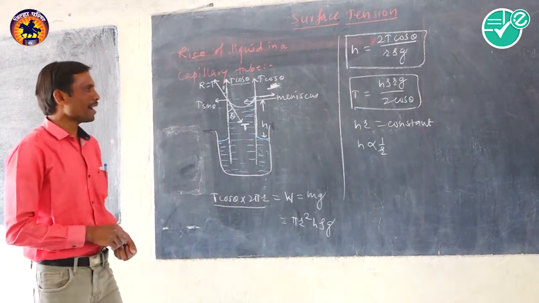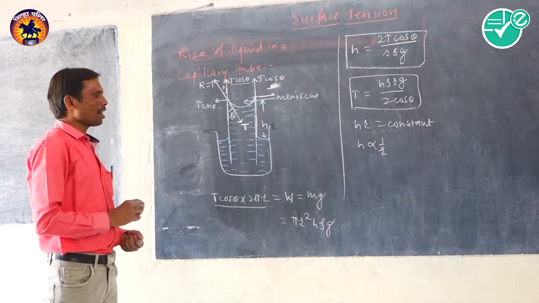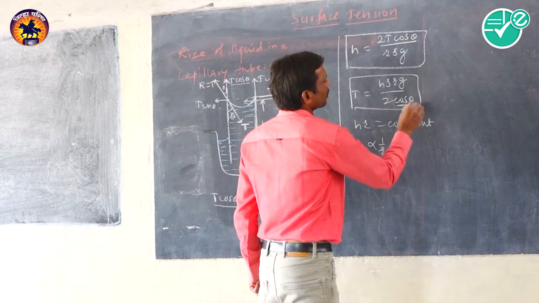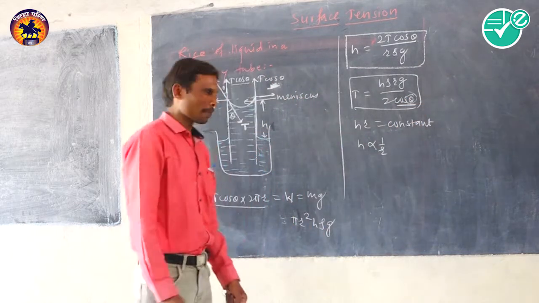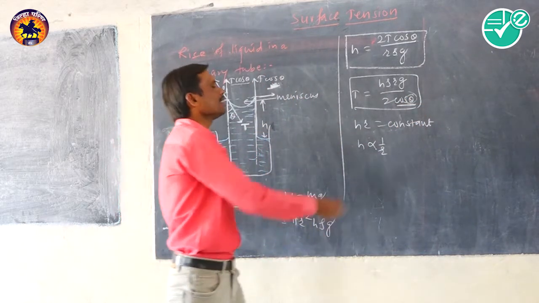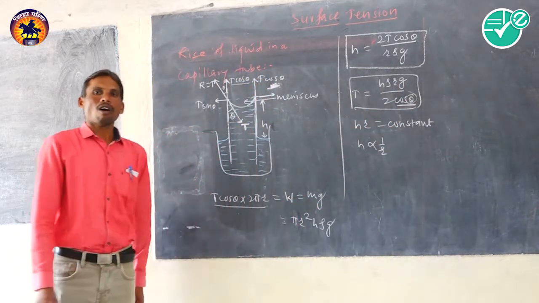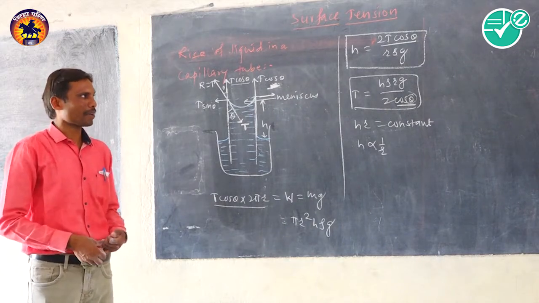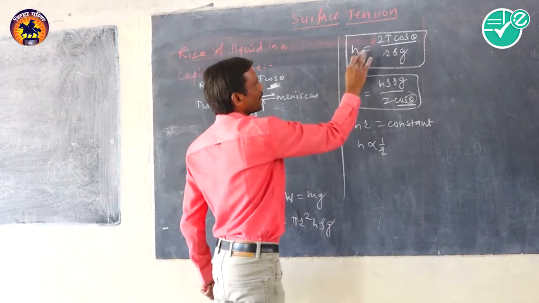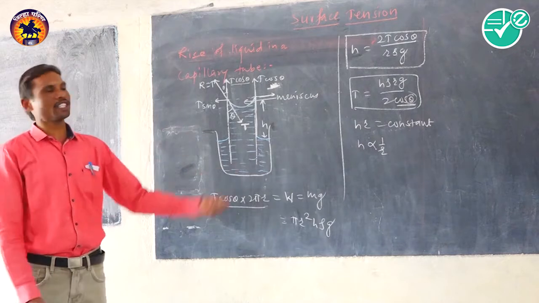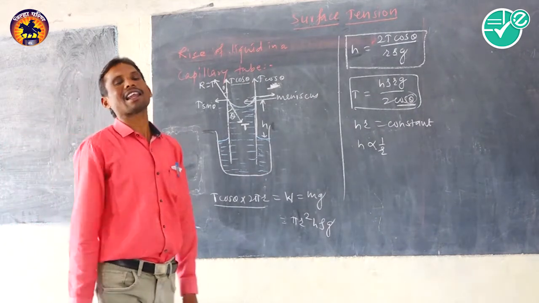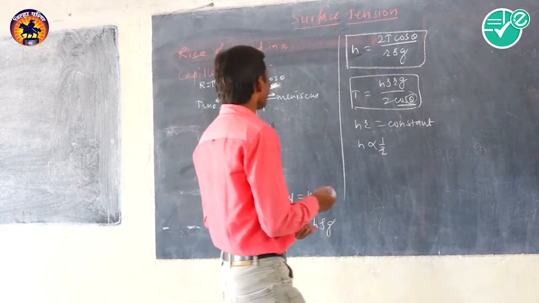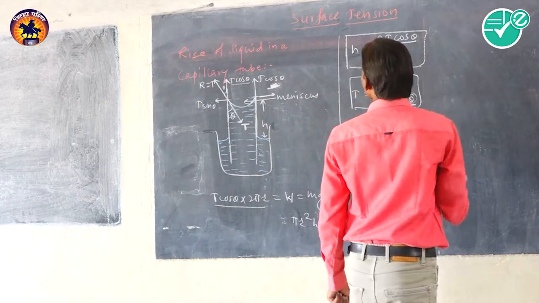In a similar way, we can determine the depth of the liquid column inside the capillary tube. Only difference is that here theta is obtuse, when the liquid depresses down. So we get the value of cos theta negative, and in this case obviously this h is negative. It means in this case we get the expression for the depression of liquid inside the glass capillary. Then we shall see about the rise of liquid in a capillary tube having insufficient length.